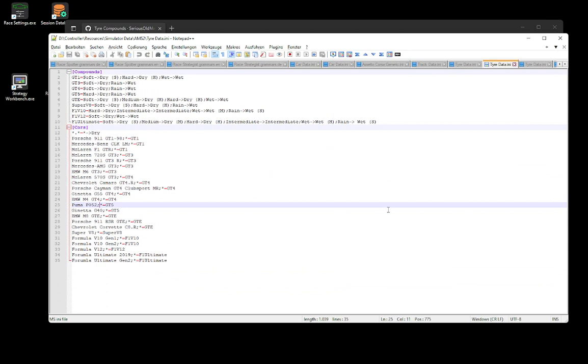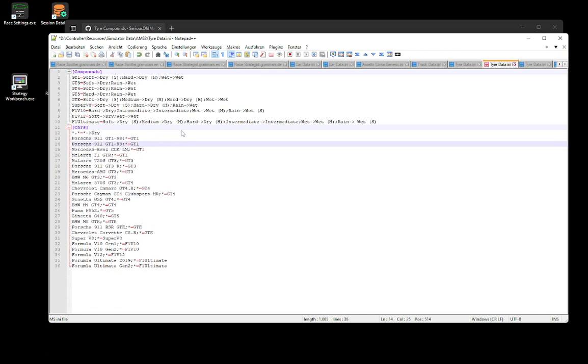And what you can see here is in the lower area a list of cars, where you can see the car name, semicolon, and a star or asterisk. This is a placeholder for each track. If you want to enter a tire compound rule for a given car track combination, you can write, for example, something like this,